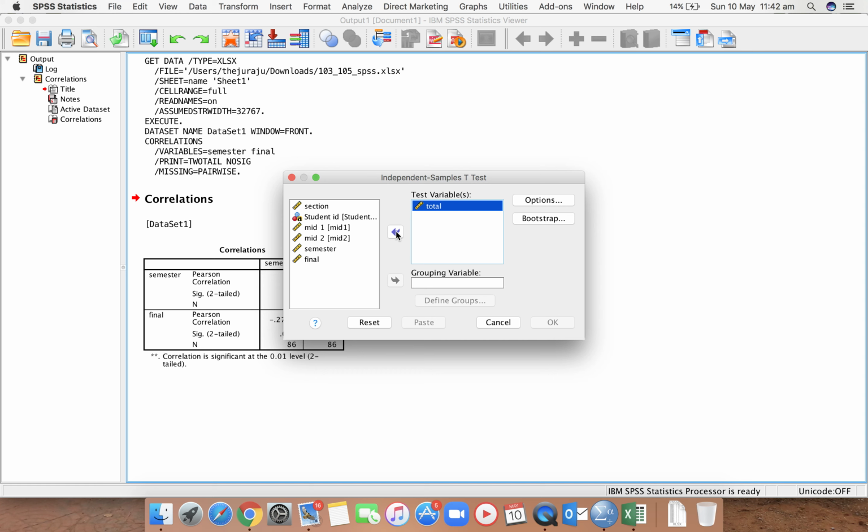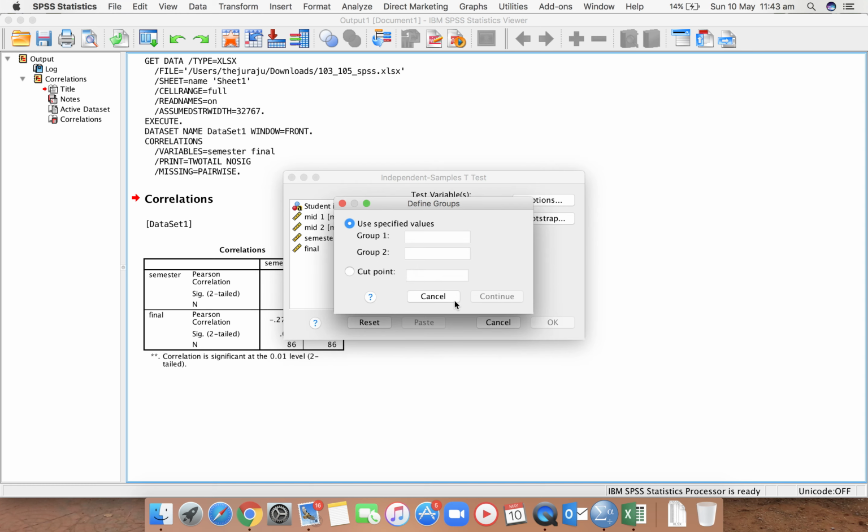After that, another important thing is to choose the section and transfer this section to the grouping variables. After transferring the total to the test variables and section to the grouping variables, you have to write the group numbers. For writing the group numbers, click on define groups.